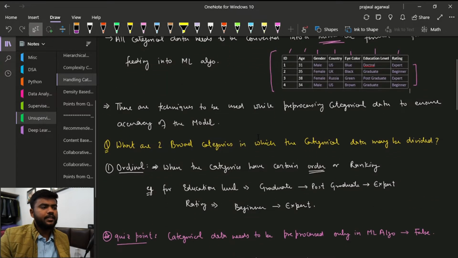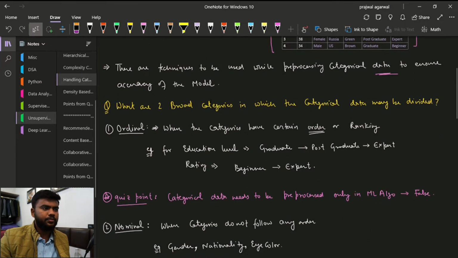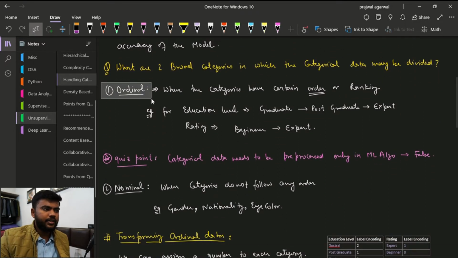Now, there are certain techniques which we can use while pre-processing the categorical data to ensure that our model is accurate. Before we start with that, there are two broad categories into which categorical data may be divided. The first is ordinal data and the second is nominal data. Ordinal data is data which has a certain order.